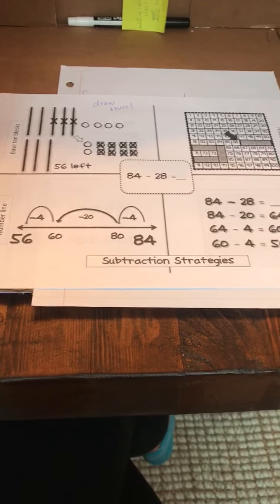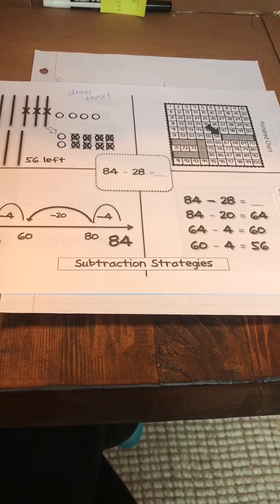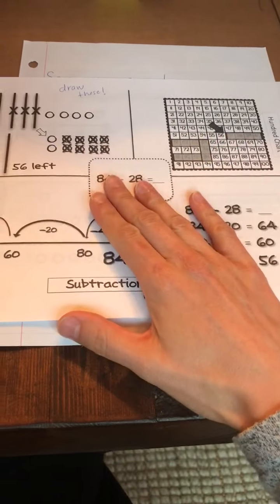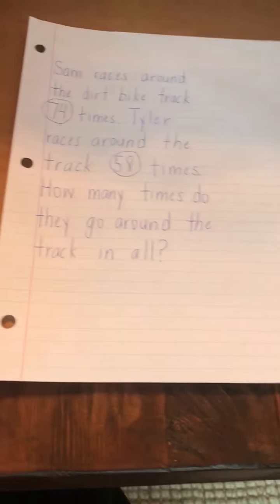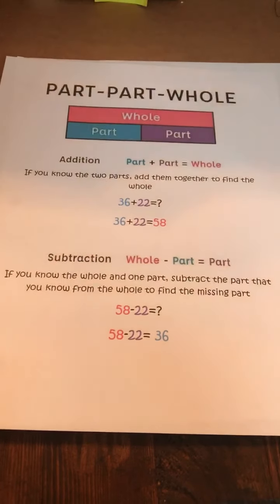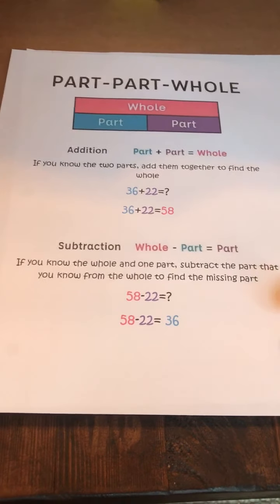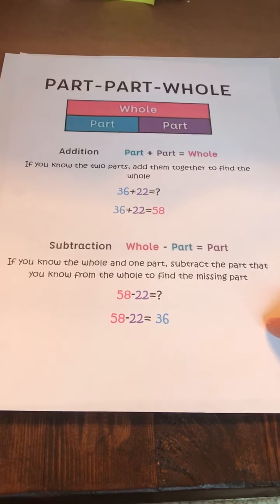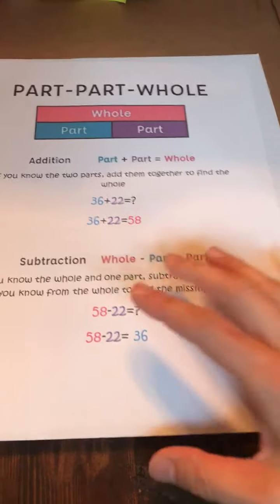The other side looks very, very similar, except it shows how to use different subtraction strategies. So if you decide that you need to subtract to solve this problem, then you would use these strategies. This document is also going to be available to you on your Flipgrid page. The last strategy that I didn't fit on that one page is part, whole. So this page explains how you can use part, whole to solve an addition problem and how you can use part, whole to find a subtraction problem. So again, this document will be with all of the other documents that I just showed you right on your Flipgrid page.